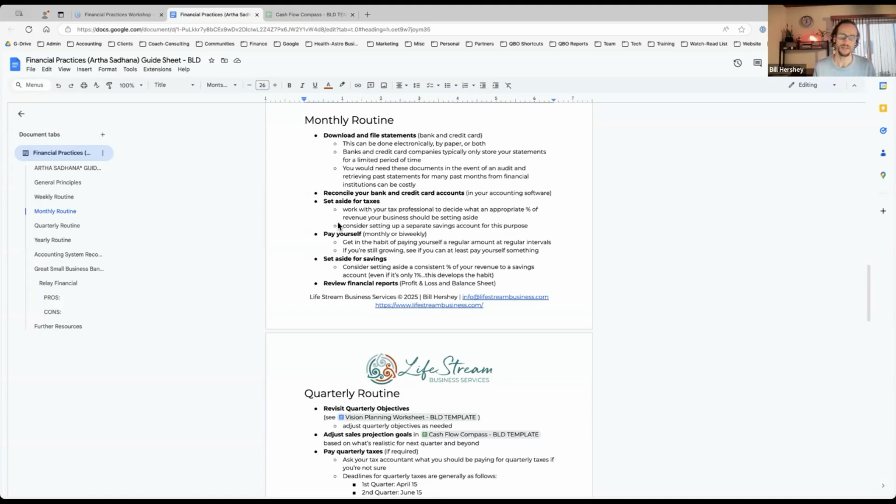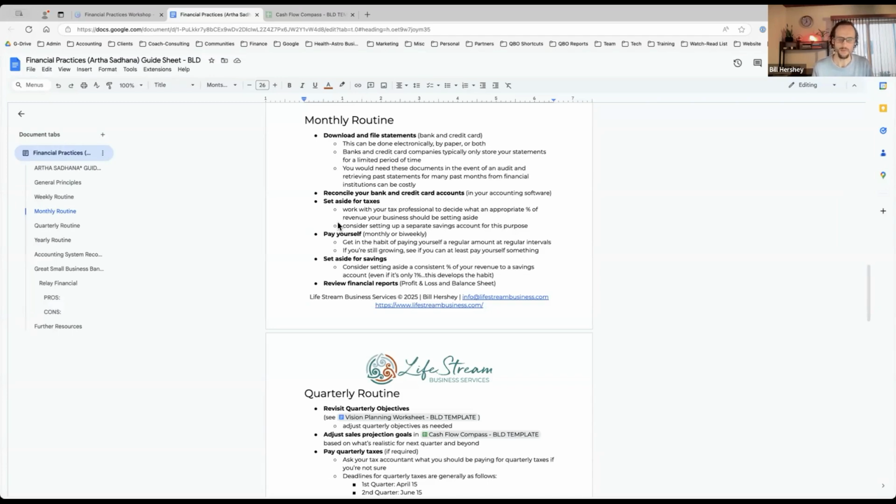Okay, setting aside for taxes. This is something that I don't see a lot of folks doing in the early stages of business. I would talk to a tax professional and find out what you should be setting aside. Before you even pull money out of your business to pay yourself, put that maybe in a separate business account, or maybe withdraw it to a separate personal account where you're always going to have that sequestered and set aside. Your tax professional will help you decide what that percentage should be, or they may indicate a very specific amount per quarter that you should have set aside and paid in.